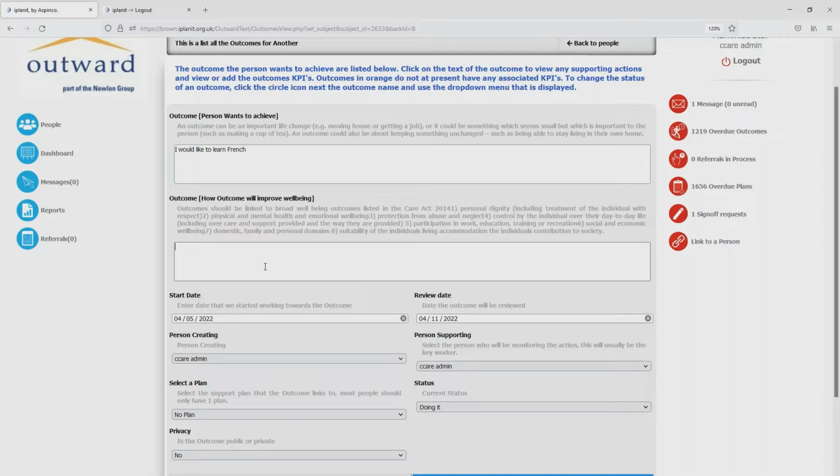So we can say, let's say, we're working with, we'll call her Anne for today. Anne has always been interested ever since a holiday to France. We think that having something to focus on and work towards